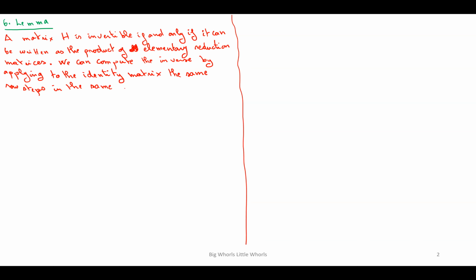I'm going to explain this to you shortly. In the same order, that Gauss-Jordan reduces H. Okay, I know this is a very long definition, but basically what it means is, if you remember from